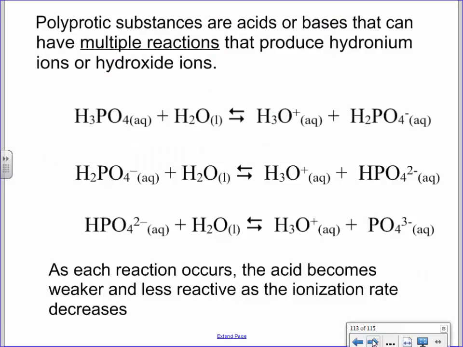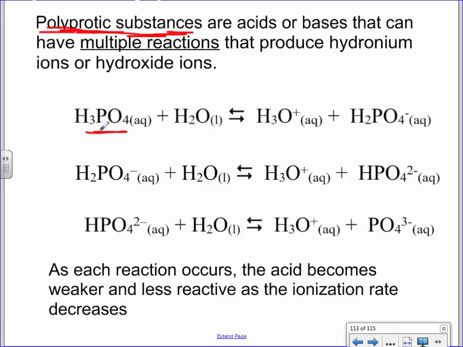I'm going to skip to this slide right here. The last word I need you guys to know is something called a polyprotic substance. It actually makes exact sense like you think the word would mean. Poly means more than one. Protic means more than one proton. Acids and bases are all about someone gaining or losing that extra proton. So I just want to show you the definition here.